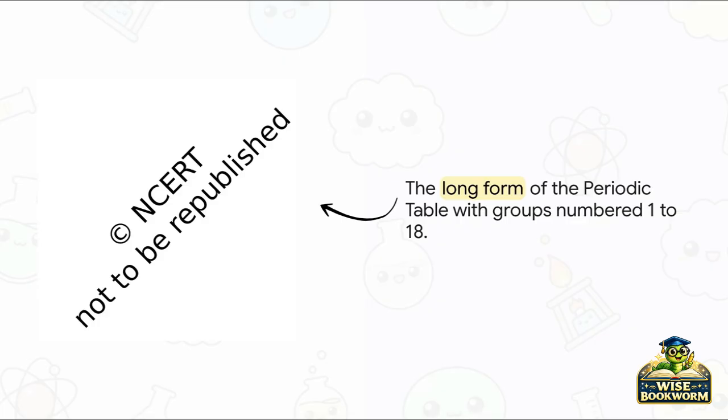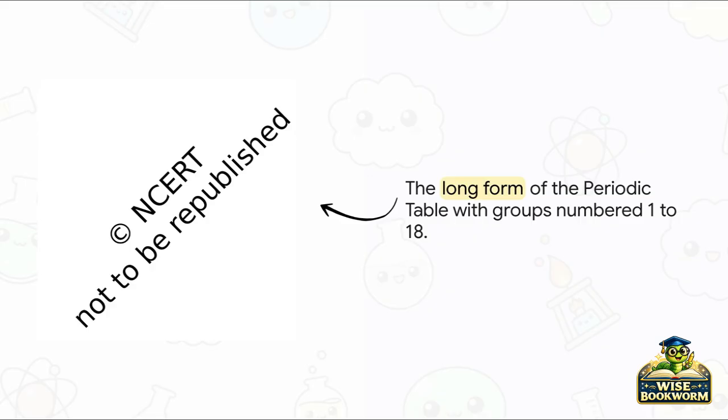Which brings us to part 3, the modern blueprint. So, as our narrative shifts into the 20th century, the puzzle kind of pivots. It moves away from atomic weight and aligns with the deep internal rules of quantum mechanics. In 1913, an English physicist named Henry Moseley conducted these X-ray experiments that completely revolutionized our understanding. He proved it isn't atomic mass that drives the elements, it's the atomic number, meaning the number of